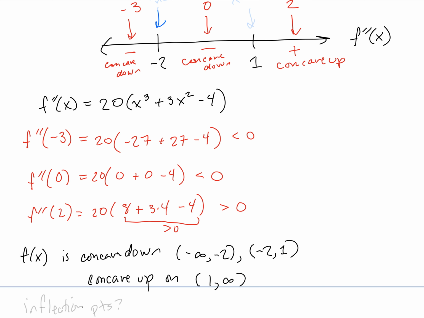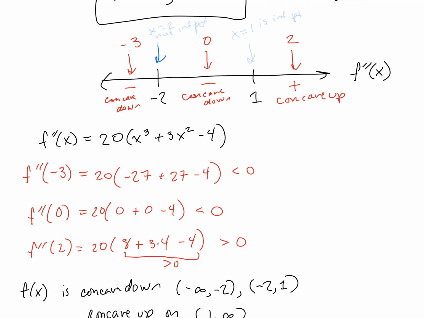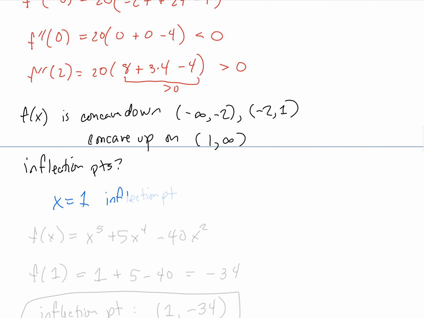So what about the inflection points? There is only one inflection point. We see that this point x equals 2 is not an inflection point. That's not an inflection point because the concavity does not change. It's concave down before it and still concave down after it. But x equals 1 is an inflection point because it's concave down before and concave up after. So x equals 1 is going to be an inflection point